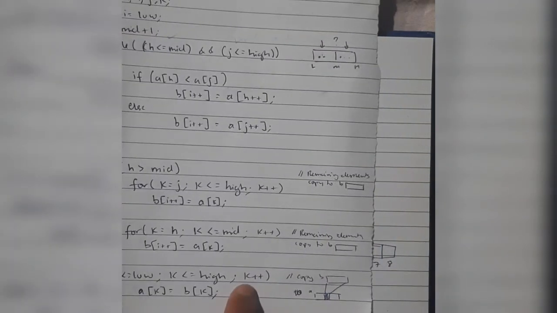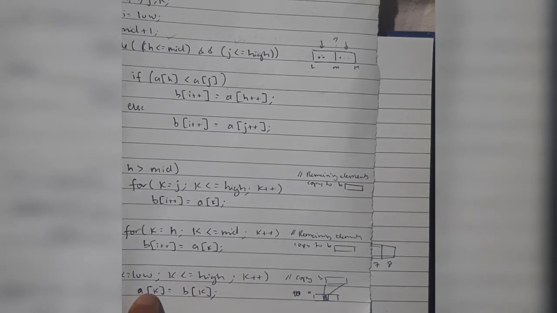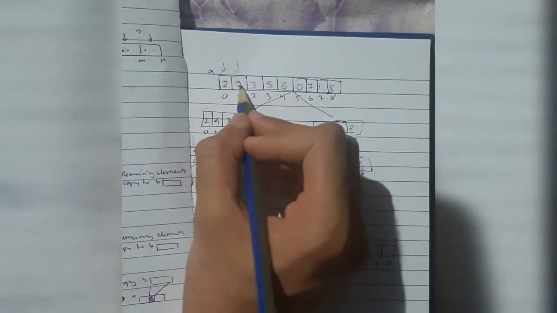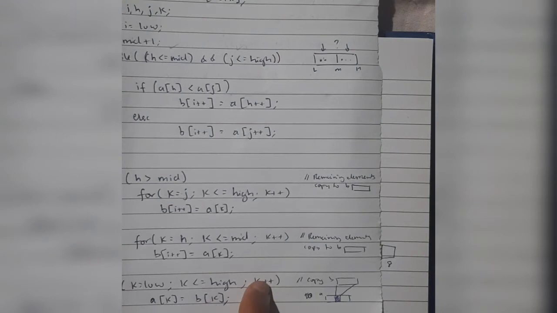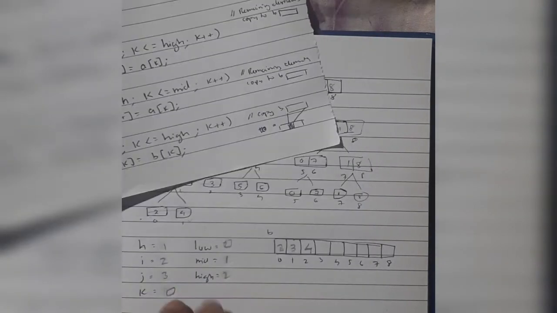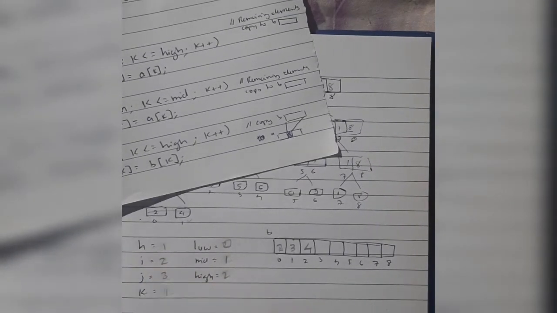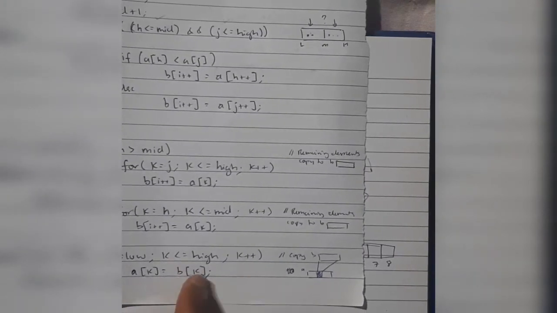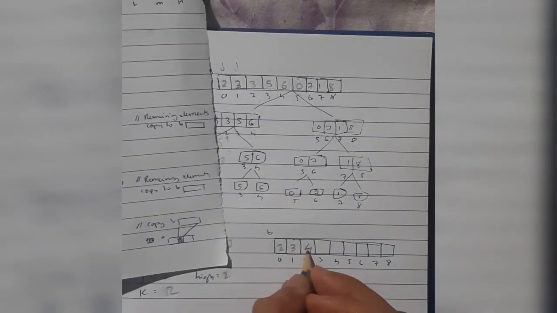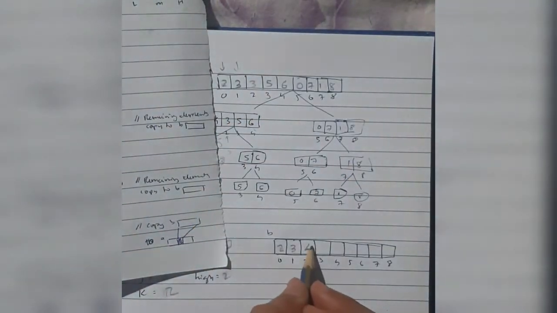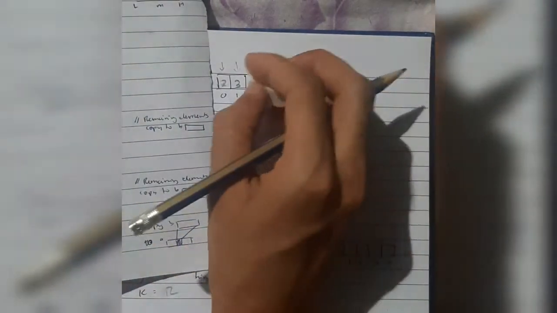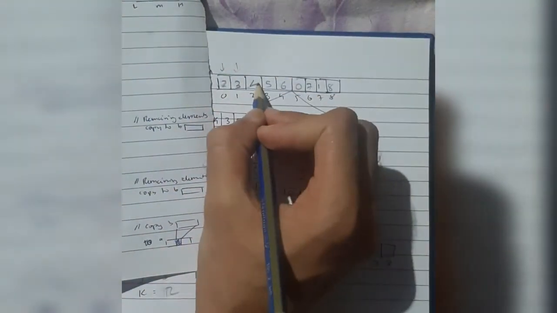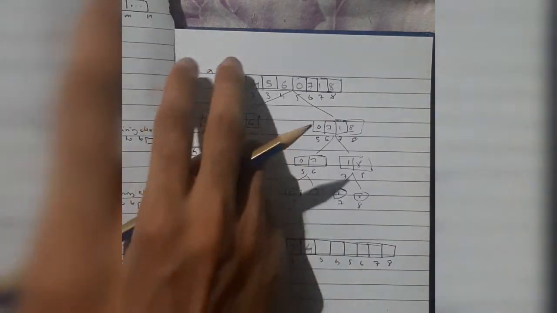And then in the next line, k will increment, b of 1 will be shifted to a of 1. B of 1 is 3, that will be shifted to a of 1. Let's make the change here, 3. Then k will be incremented. K is 2 now. 2 is less than or equal to high, yes. That will be incremented, means b of 2 will be shifted to a of 2. What is b of 2? 4. 4 will be shifted to a of 2, which is 3 here. You have to make it 4 here. Okay, now this one is over.